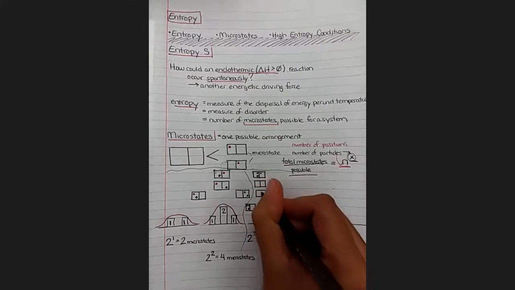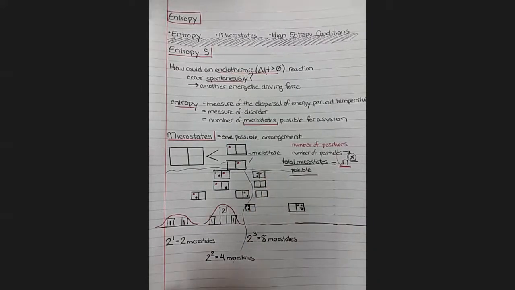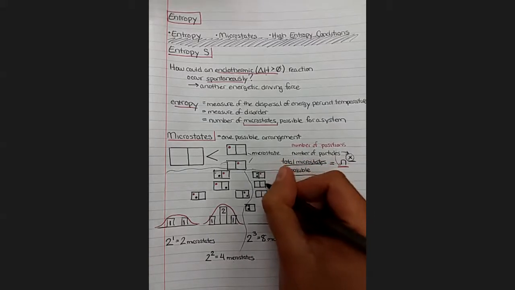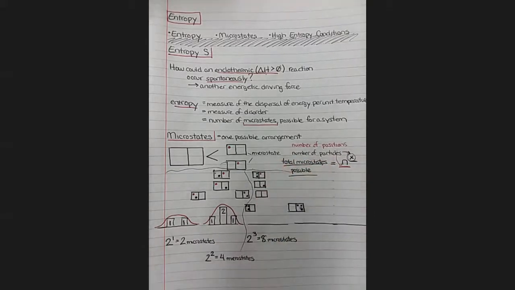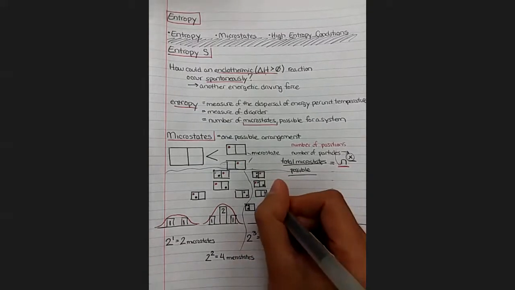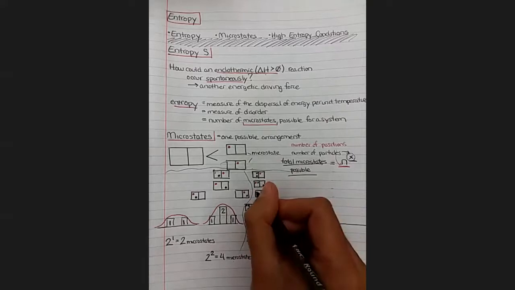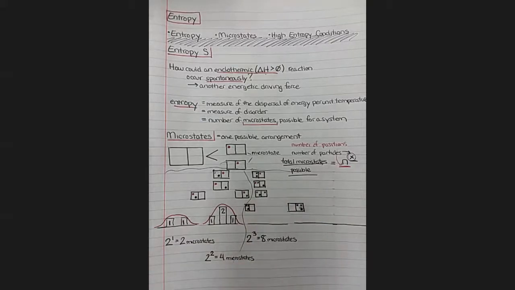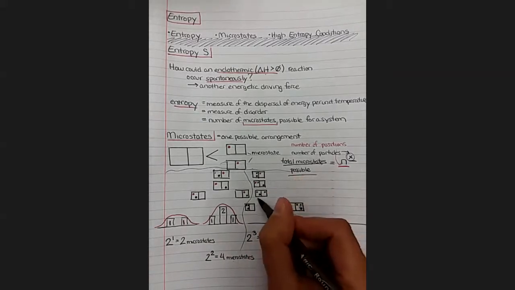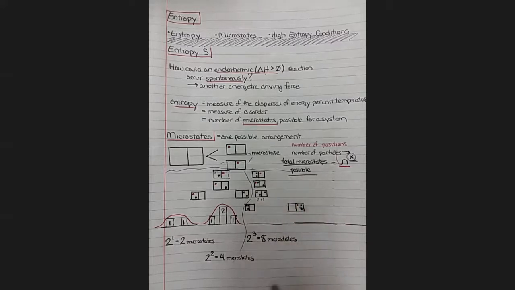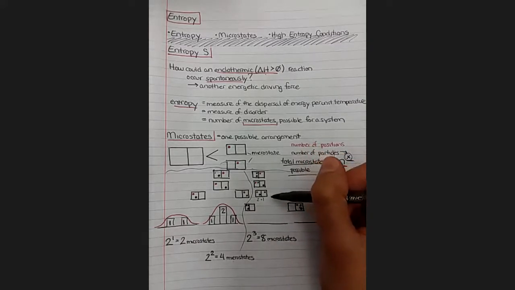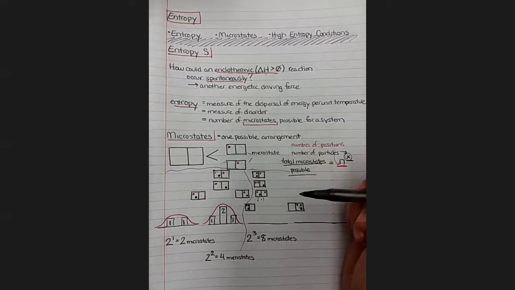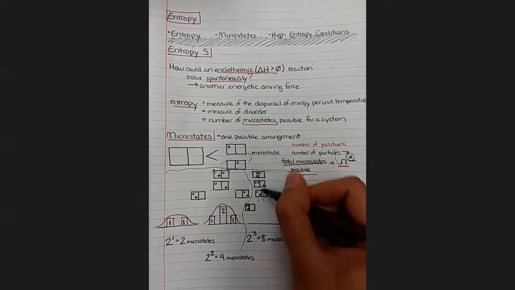Red, green, and black can each be the only particle on the right. So there's going to be one orientation with the black particle as the only one on the right. And there's going to be one orientation with the green particle as the only one on the right. Okay, so all of these orientations have 2 on the left side and 1 on the right side, but they're all different because there's a different particle that we put on each side, red, green, or black. So those are all going to be one column.